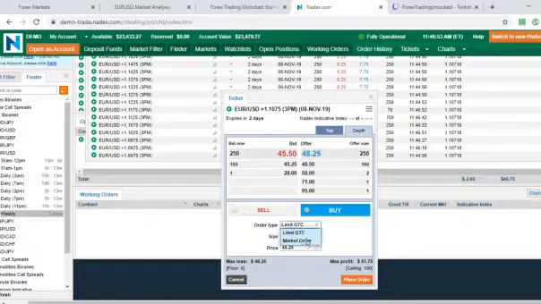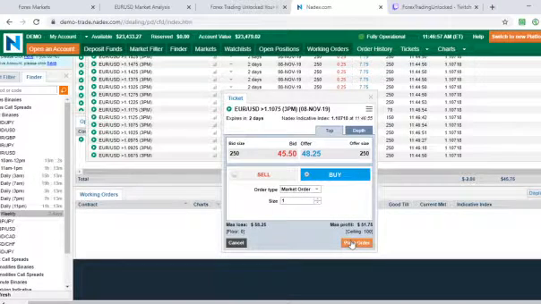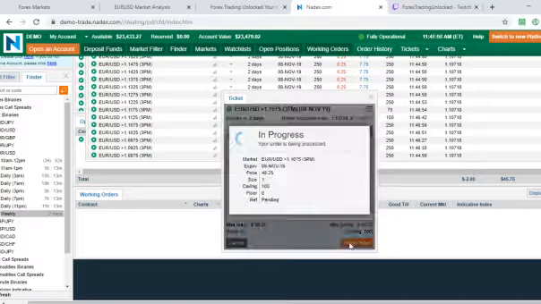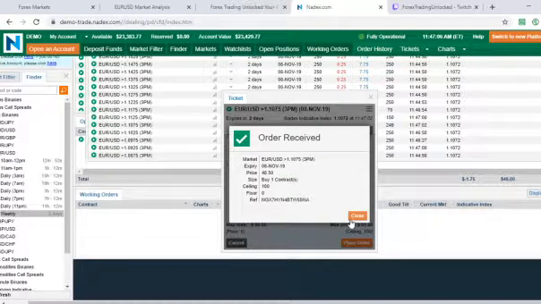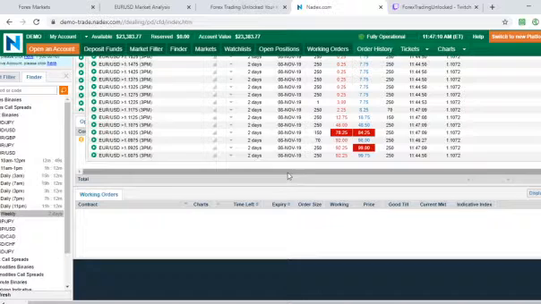Okay. I'm going to do a market order. We're just going to do this. Let's go to market and buy one. Okay. Order received, buy one contract. So here we go. So now as you can see,